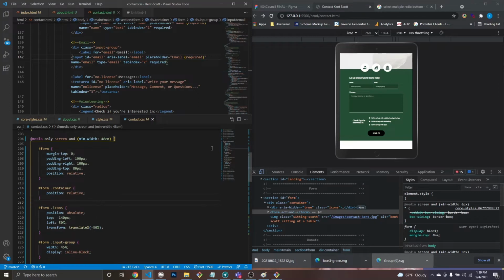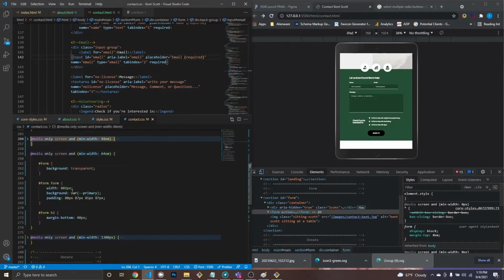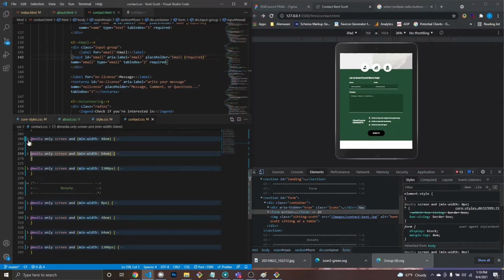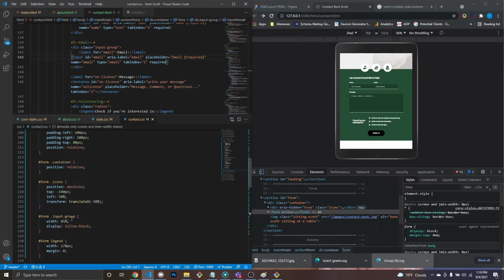Where am I at? Oh, I'm not on 48. I'm on 60. So, no, I'm actually on 48. Okay, here's the group. So if I want, let's try,